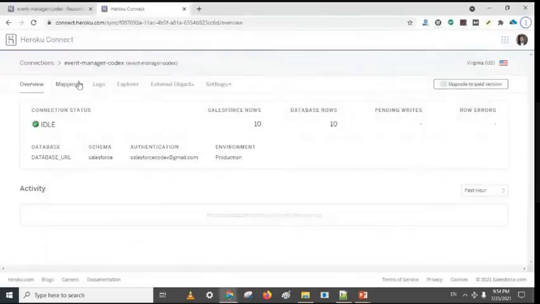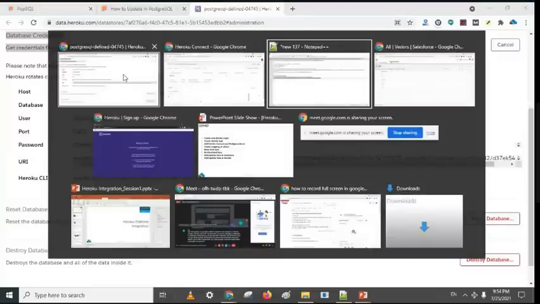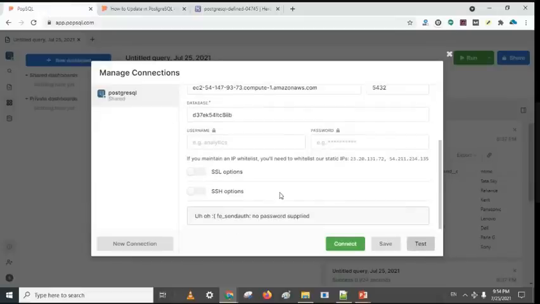I have already connected using these credentials here. If you want to create a new one or test it, you can test it here, and it will say the password supplied is wrong.